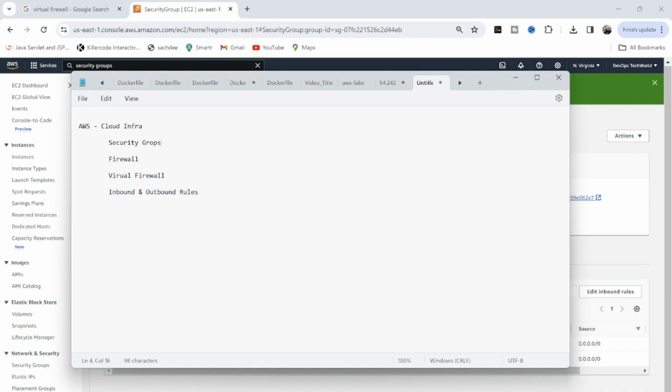We discussed about security groups, that a security group is a virtual firewall. So first we understood what a firewall is,